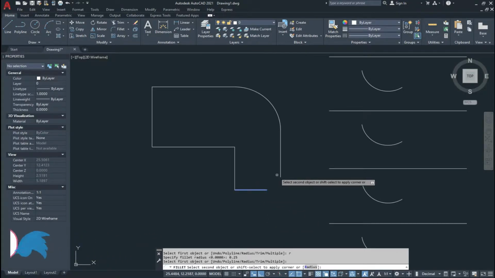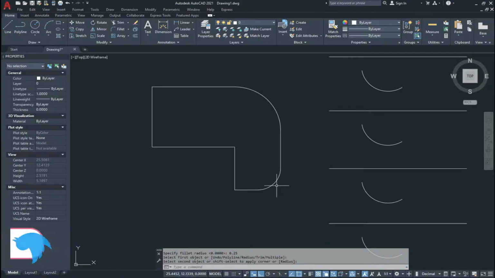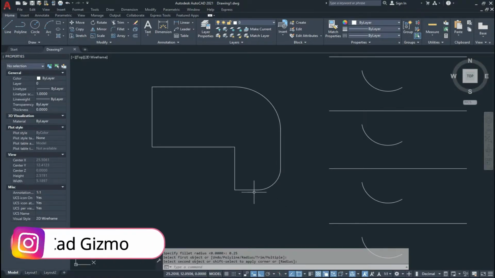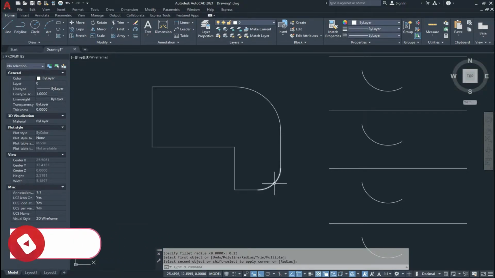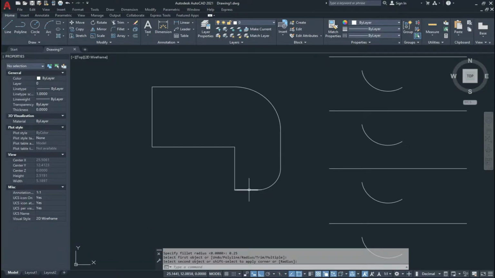Now select both lines. In this way, this arc is tangent on these two lines. So in this way we make a fillet, and this arc is tangent on two 2D objects. This is the first one and this is the second, and in this way we make our fillet.